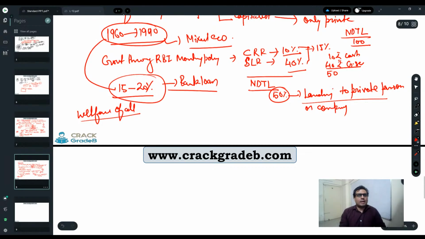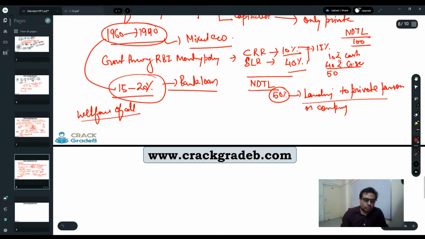That is why government had this mindset, and with this mindset, CRR and SLR were used as arms and ammunitions, and that is why bank rates were very high, and doing business in India was one of the difficult destinations. Apart from all other terms and conditions, getting the money, getting credit in the Indian system was very difficult, right?